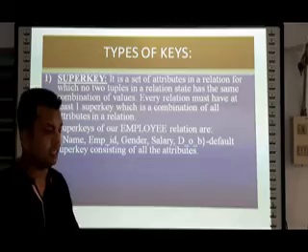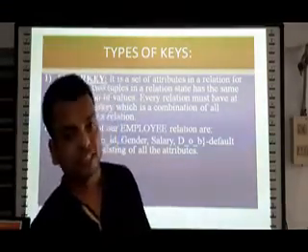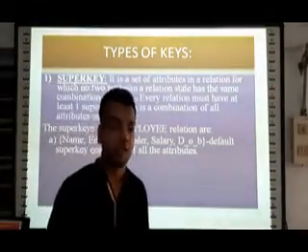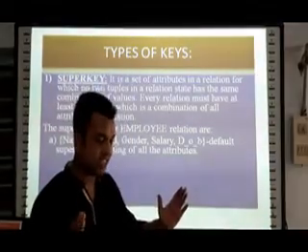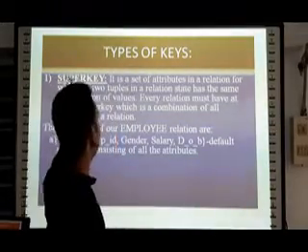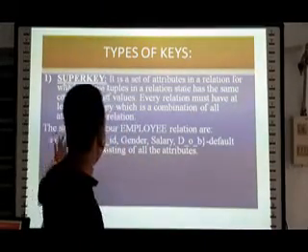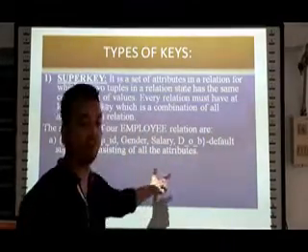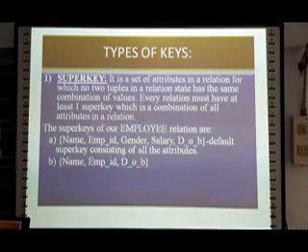So this is the default super key, which consists of all the attributes. Super key is the main key. As in the case of mathematical sets, you might have studied the concept of the universal set. The universal set is the set inside which every other set exists, correct? Similar to this, a super key is a key inside which all other types of keys exist. So by default, whenever we take all the attributes of our relation, that is called the default super key.